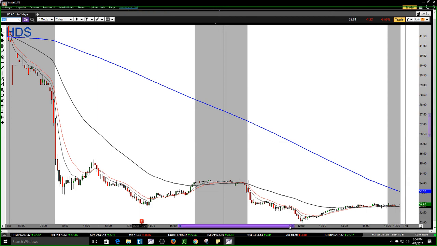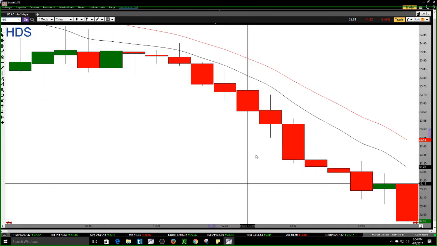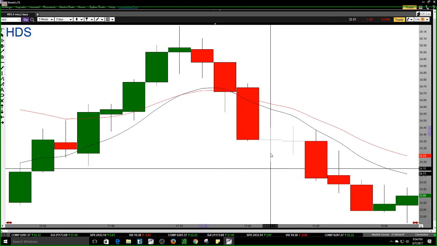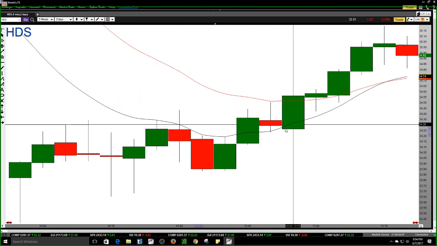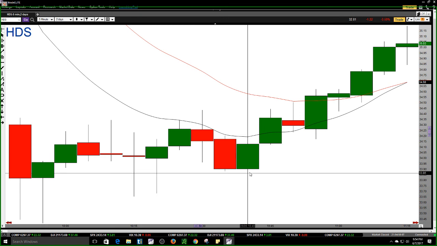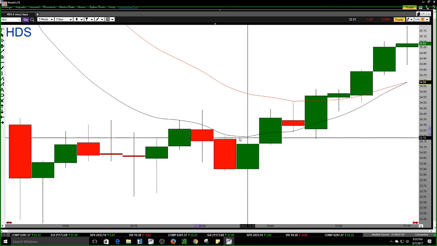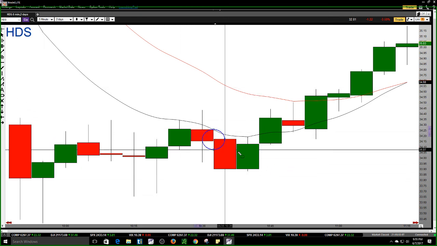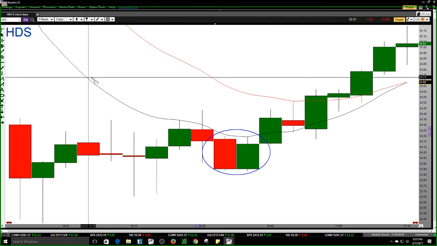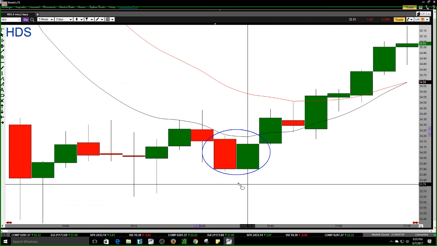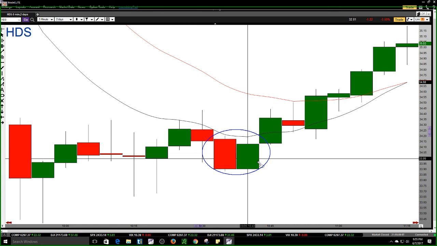Okay, here. Yeah, I can call this a Piercing pattern here. These two candlesticks would give you a Piercing pattern, which is basically when the reversal candle pushes up